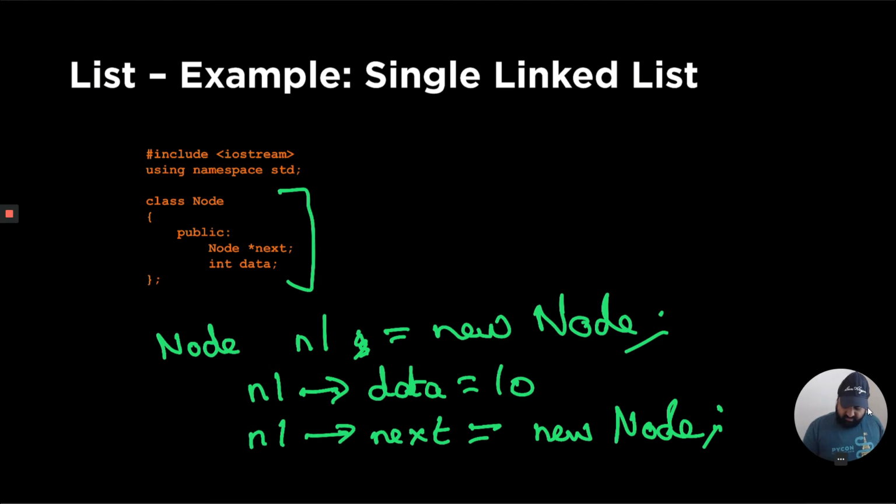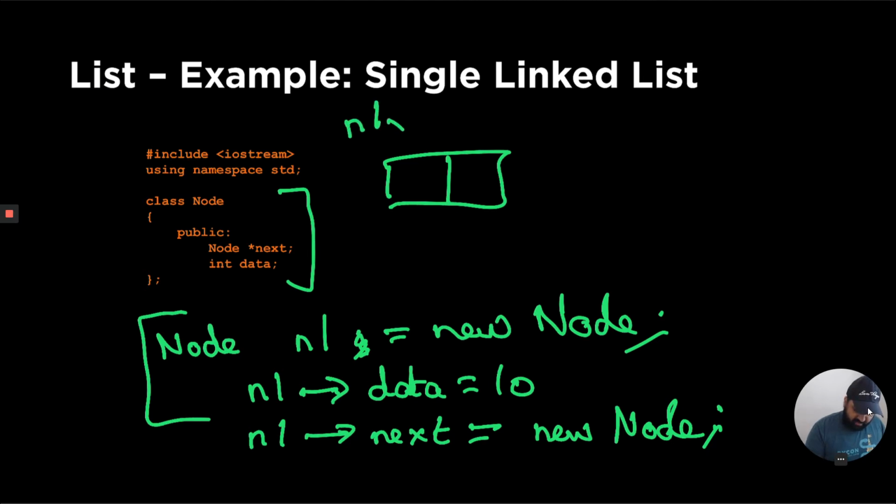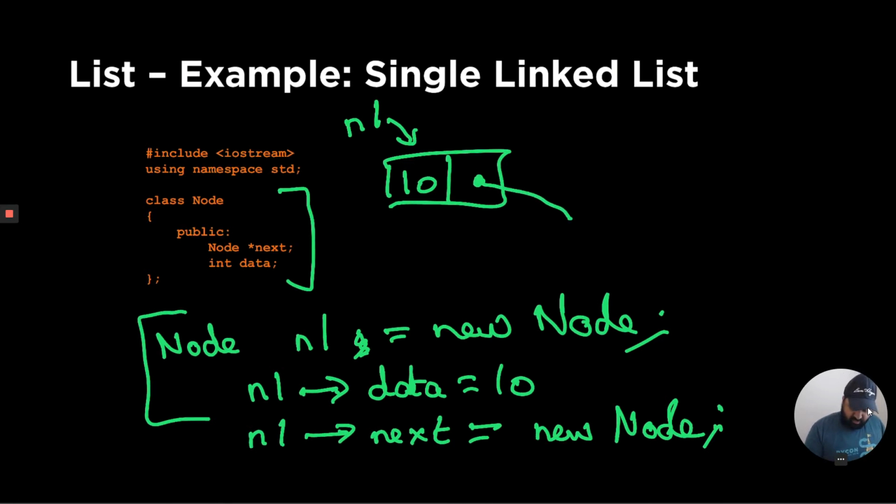Basically how this works is the first two statements will create a new node called n1, like n1 is pointing to this new node. And now n1's data, whatever n1 is pointing to, its data is equal to 10. Now for n2, you can do it in two steps, which is n2 is equal to new node and then assign the value. I'm doing it in one step, which is now n1 dot next. This can store a node next pointer,